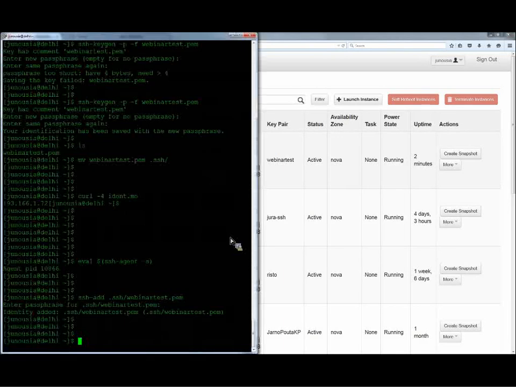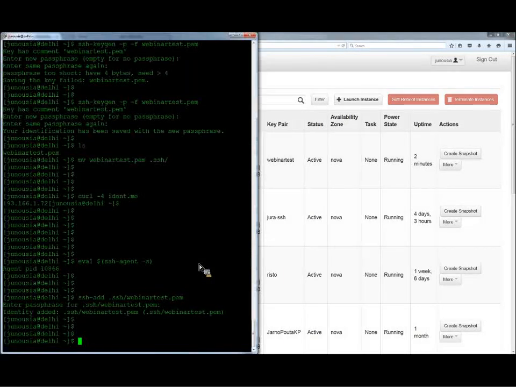And of course, using this password to protect the private key is highly recommended, which is why I also wanted to show it in this particular webinar demonstration. After that, we're going to do ssh -l cloud-user, which is the default username for the CSC built images, and use this public IP address